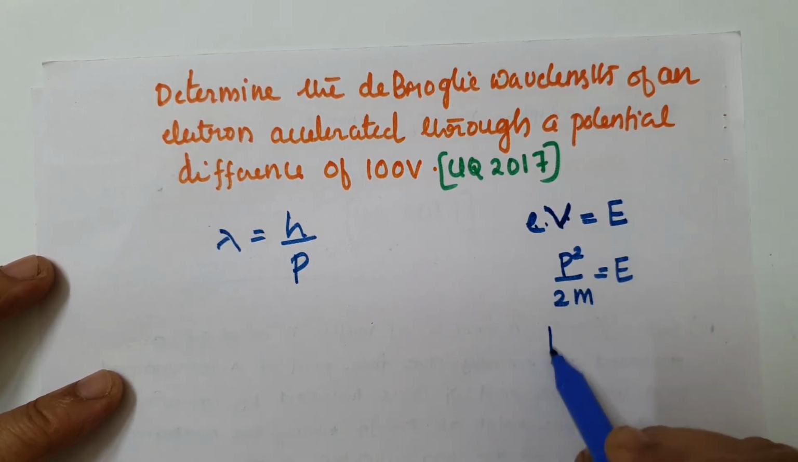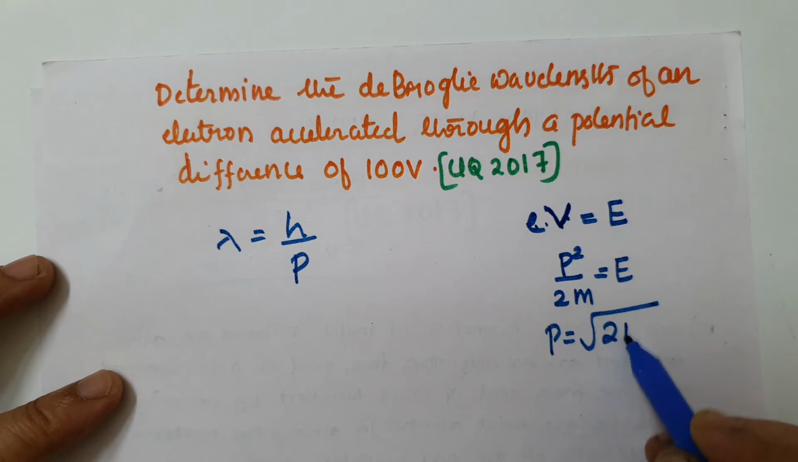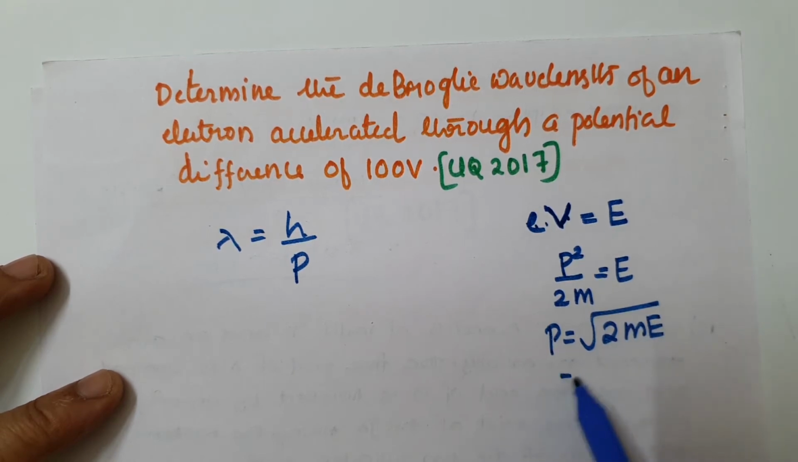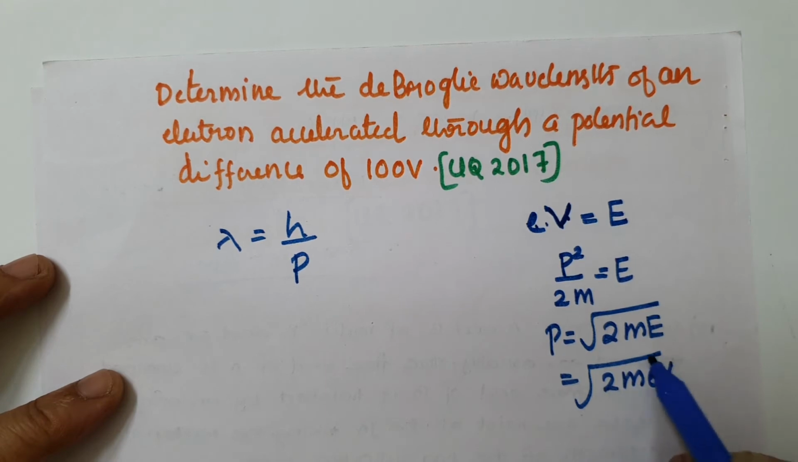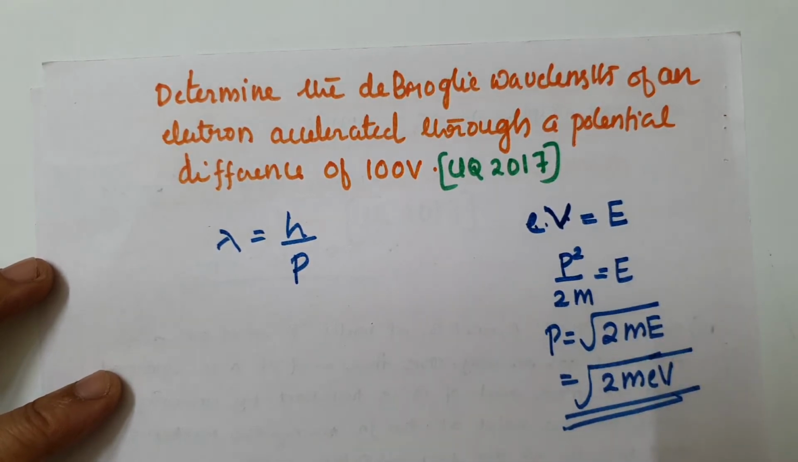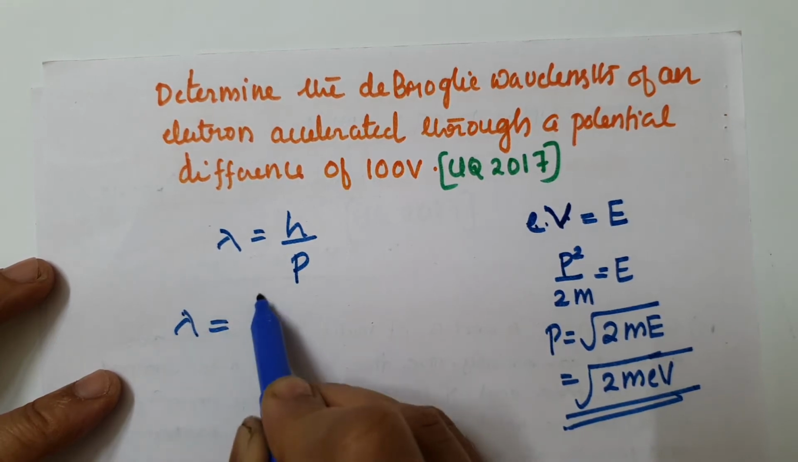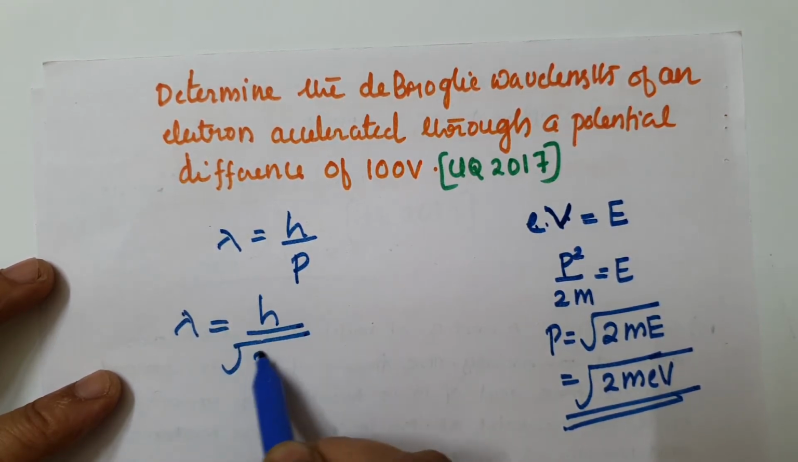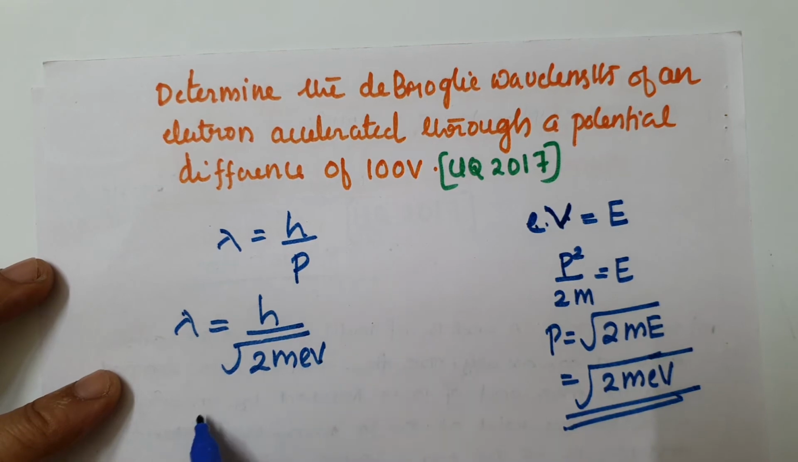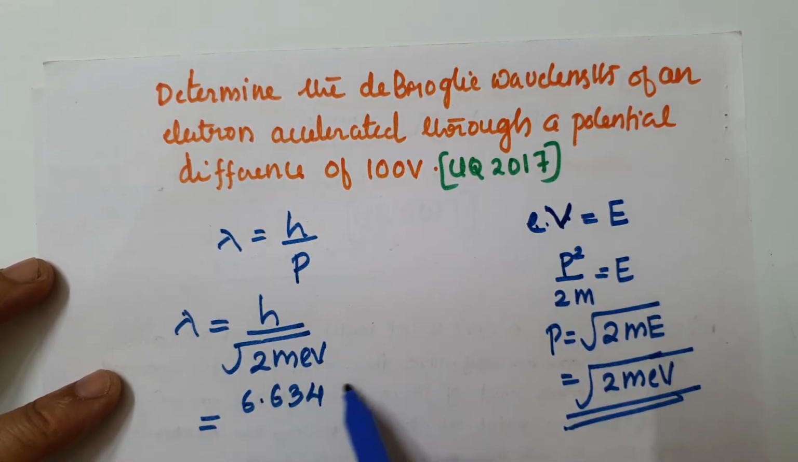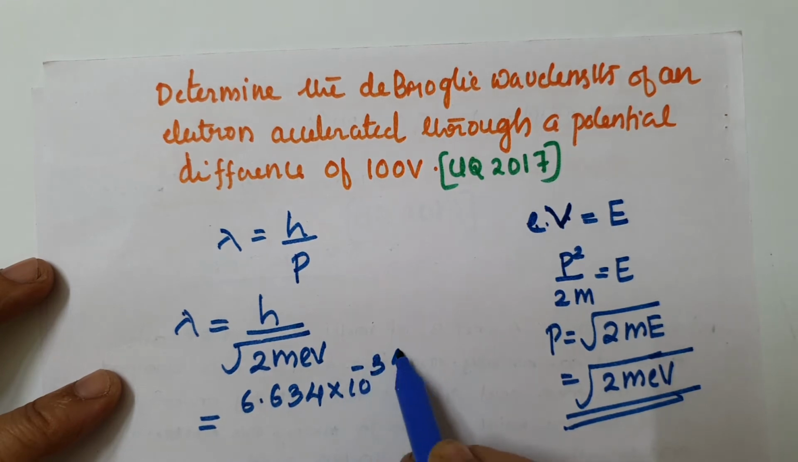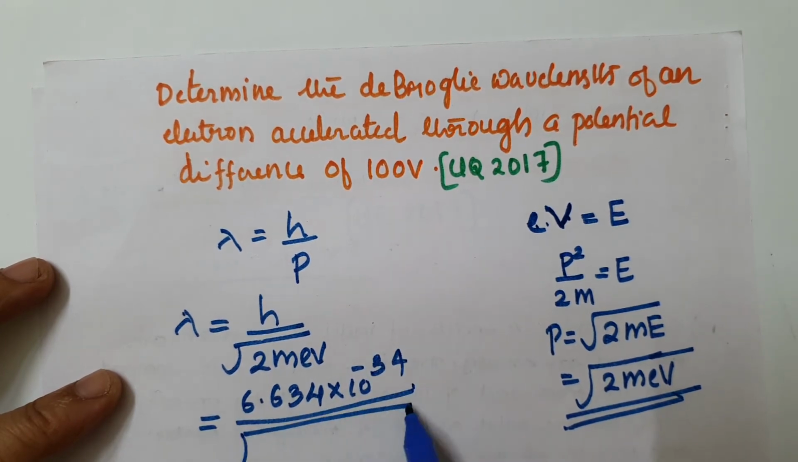So p can be written as root of 2mE, and here the energy will be eV, so p is root of 2m into eV. So the equation becomes lambda is equal to h divided by root of 2meV, and substituting these values, h is 6.634 into 10 raised to minus 34 divided by root of 2